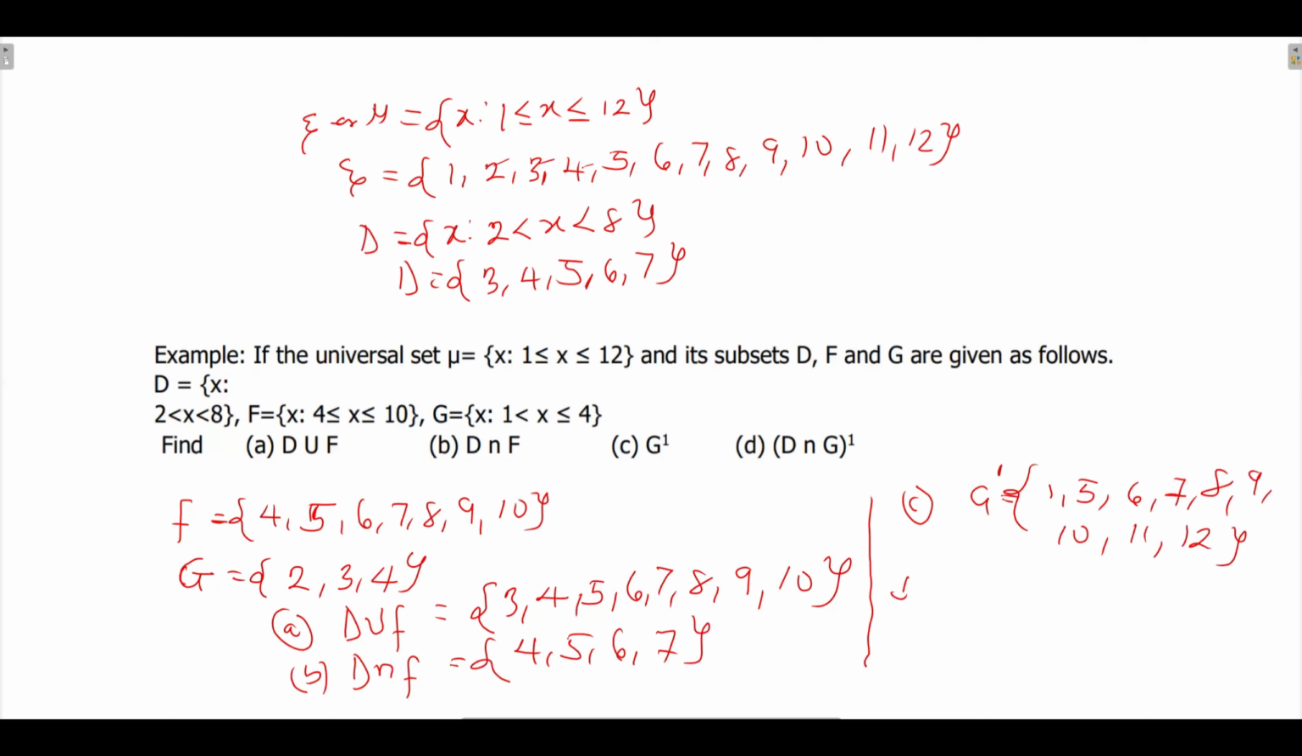And the last one is D intersection G prime. That means we need to find D intersection G before we look for the prime. Now, what's common between sets D and G? That's 3 and 4. So if you now remove 3 and 4 from the